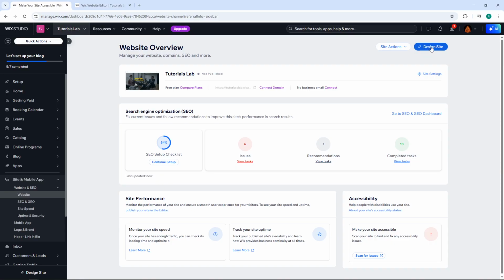Once you've confirmed you're on the right site, look toward the top part of your screen and locate the Design Site button. This button is typically positioned beside a pen icon, making it easy to spot. Click on Design Site to move forward. This action will redirect you to the Wix website editor screen,